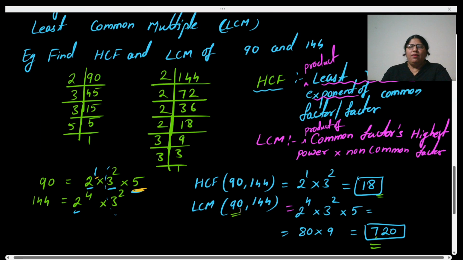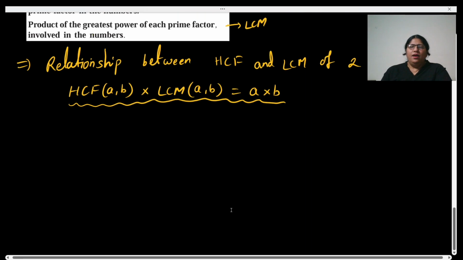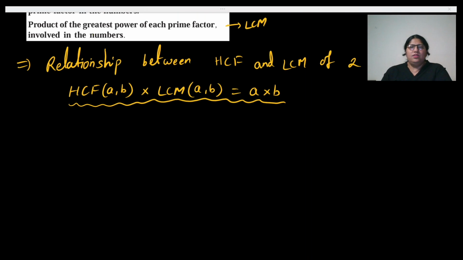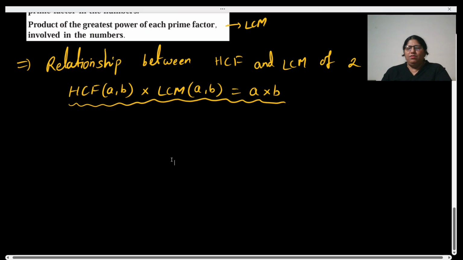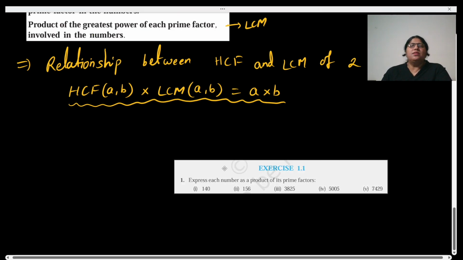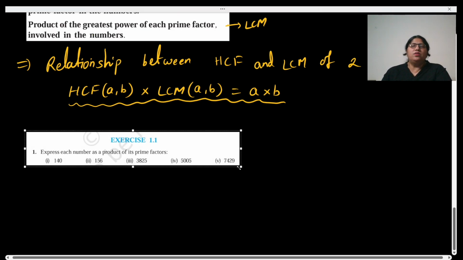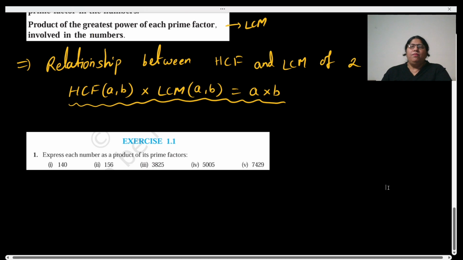Okay, so after that, how do we solve the questions, how to find HCF, LCM and the relationship? Let us see the first exercise. Other than that, you need to remember how to take the prime factorization of a number. You have to remember some squares, like 23 square and 29 square, because you will be using those squares to find the prime factorization also.